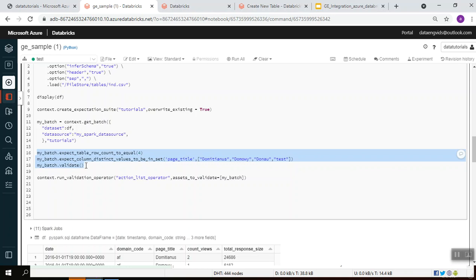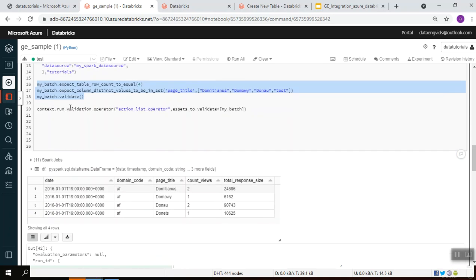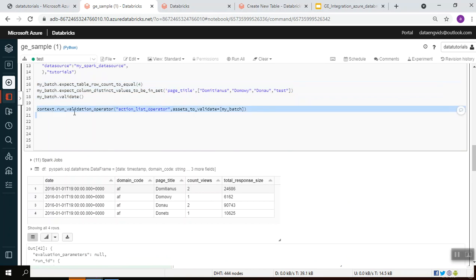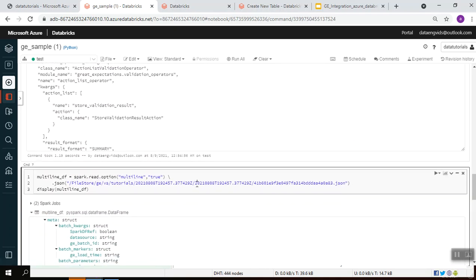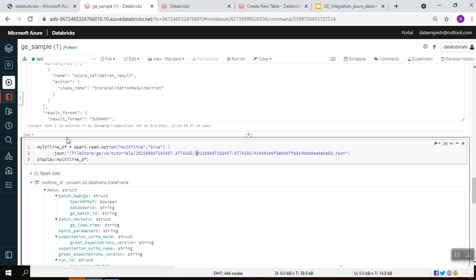Making use of the batch, we execute these conditions. Once the conditions have been executed, we run the validation operator. This validation operator executes the list of actions mentioned in the action list operator. As of now, we are just saving the validation results in the validation store, which is done by making use of this option.